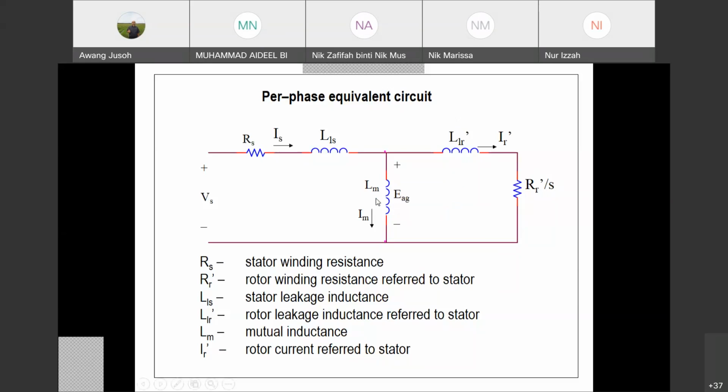Okay, hopefully you can understand this. I can draw the circuit and you know all the components. LM stands for the magnetizing impedance, or sometimes they call it mutual inductance. And you need to label properly. These are the stator current, these are the magnetizing current, and these are the rotor current. Prime means that we refer the rotor to the stator. You can put prime or not. No prime, it's okay. We understand that because we see that a equals 1.